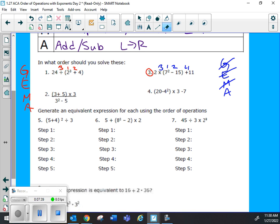But when I have an equation on the top and an equation on the bottom, what's actually happening is some more of this invisible math. There's actually not even a poster for this, but there are invisible parentheses on the numerator and the denominator. I'm going to show you why. If I followed Gemma, I would still do what first? I would still do my parentheses, my grouping. That would still be my first step. Great. You can then do your exponent second,